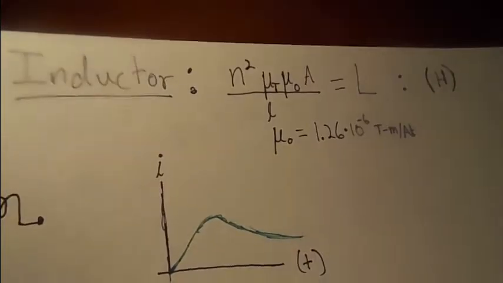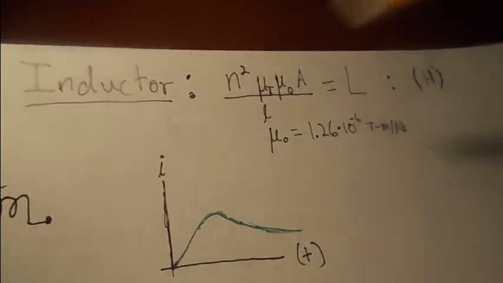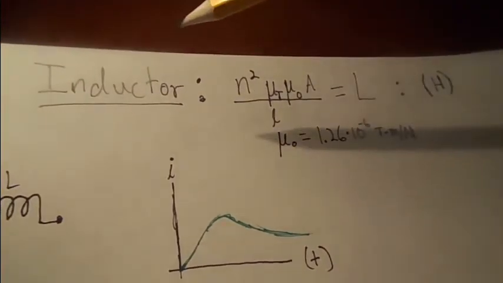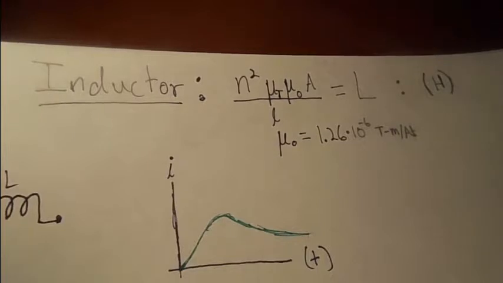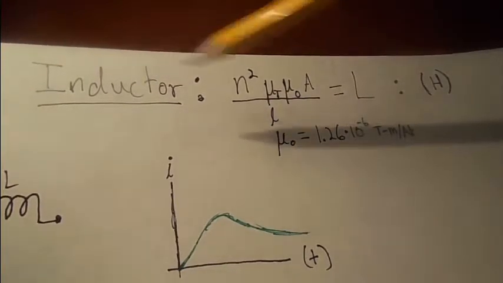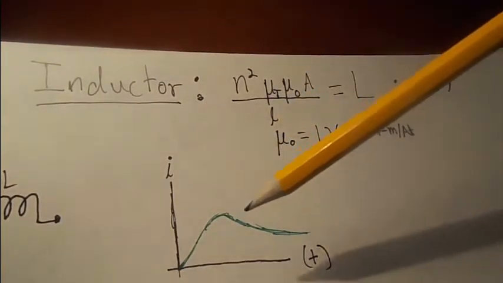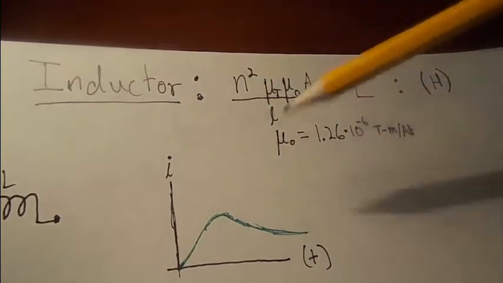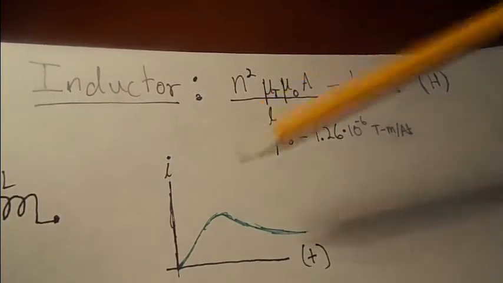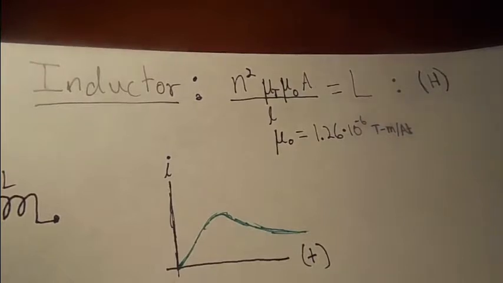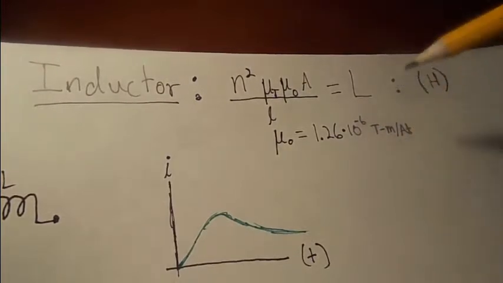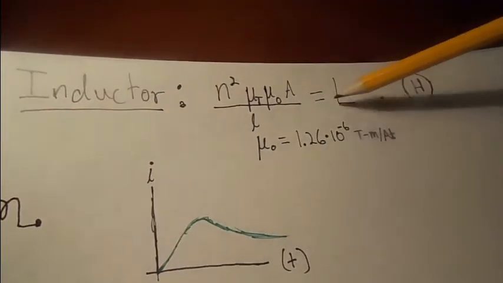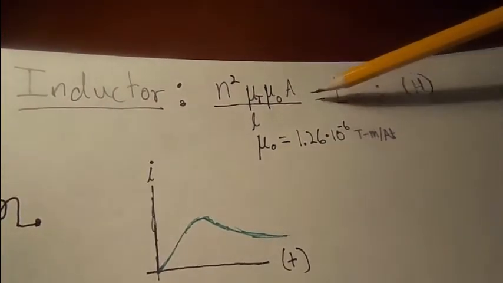So, next thing I'm going to go over, which is one of my favorite components to work with, they're so interesting, is an inductor, which is pretty much just a coil wire. Yeah, that's what it is, just a coil wire. And what it does is that it fights the change in current. So the equation for an inductor, usually we have as L in equations.